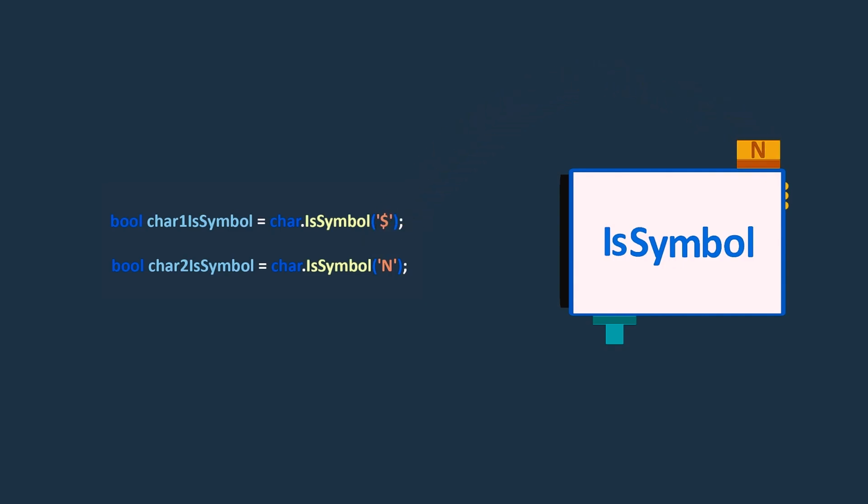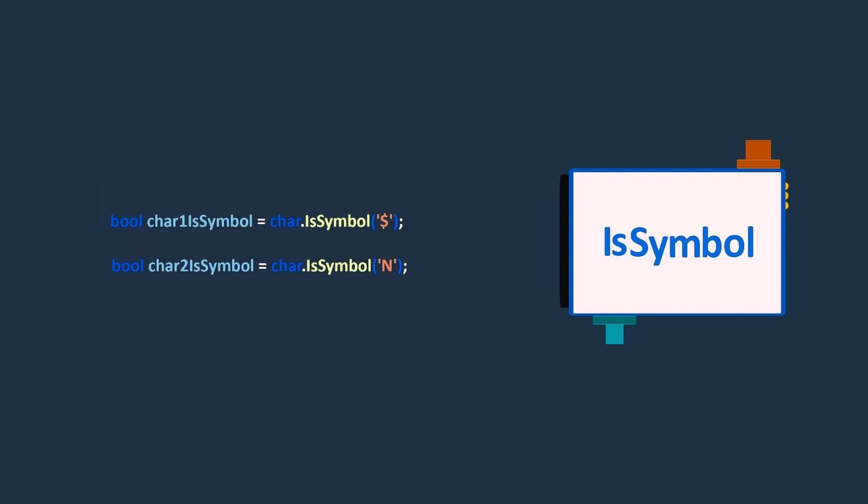And since the N character falls under Unicode's definition of letters and not symbols, the method will return false, indicating that it's not a symbol. These examples demonstrate how the issymbol method can be used to quickly determine whether a given character is a symbol or not.